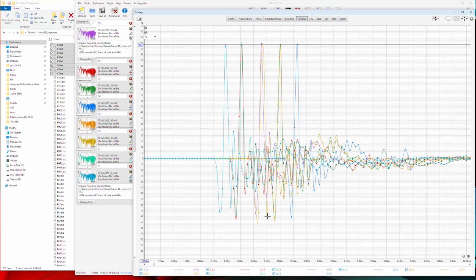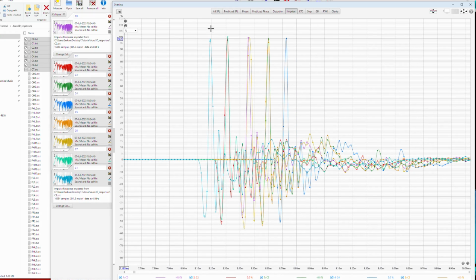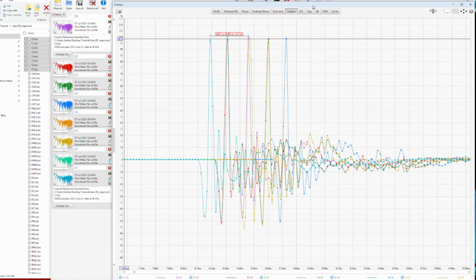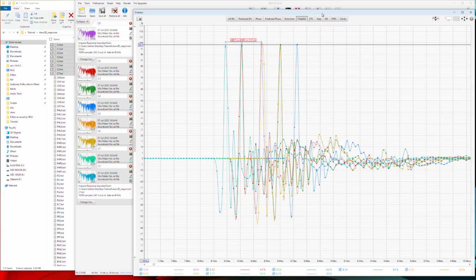As you can see, these are quite close to each other measurements. C0 is in the middle and the user has taken measurements around 8 centimeters. So it's a tight measurement, which I suggest you do as well, especially if you're going to be sitting on your own most of the time, rather than rows of seats in a home cinema. But the method is the same, even if you have to take measurements far apart from each other.